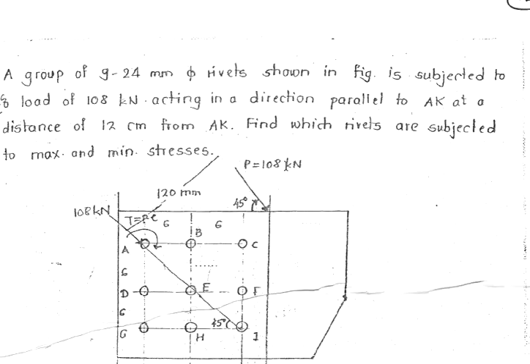The magnitude of force is 108 kN. Here we can see that this force can be transferred to this point as 108 kN as the force, with an addition of the torsion, that will be that force multiplied by this perpendicular distance. So T is equal to P times e, which is basically the torsion which has to be incorporated while transferring the force effectively.